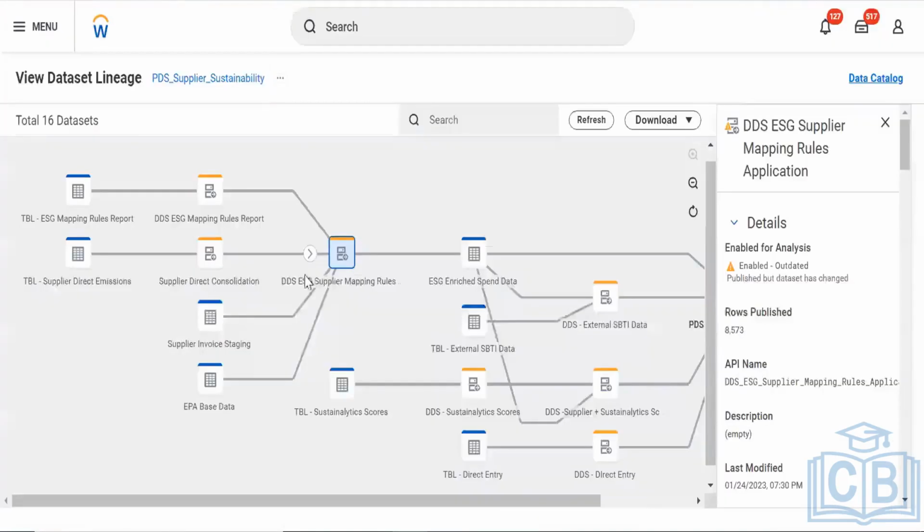The data set lineage: you have a table, the mapping rules report, and then you have a DDS. You have a table and then you have a data set. Because I load the data from the table to the data set, I still have this data in the data set. If I lose, for example, the table or the mapping rules report, I'm still having this data in the derived data set.